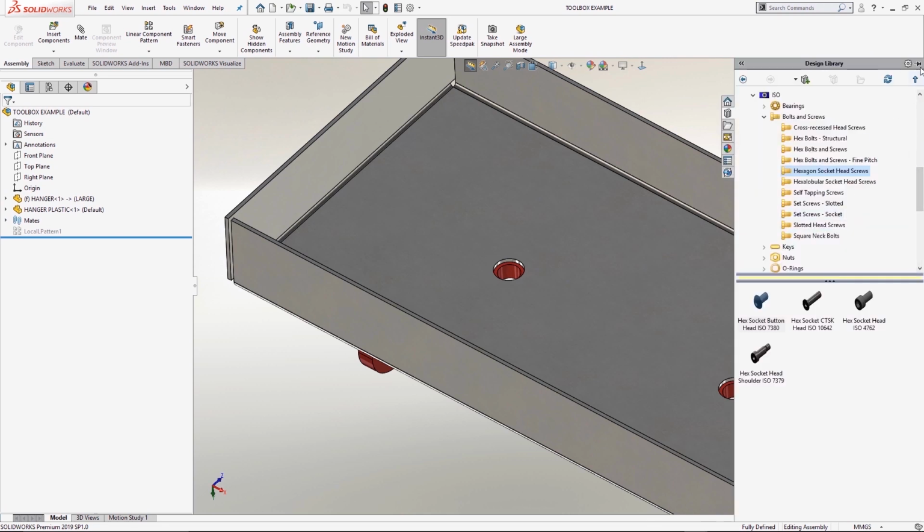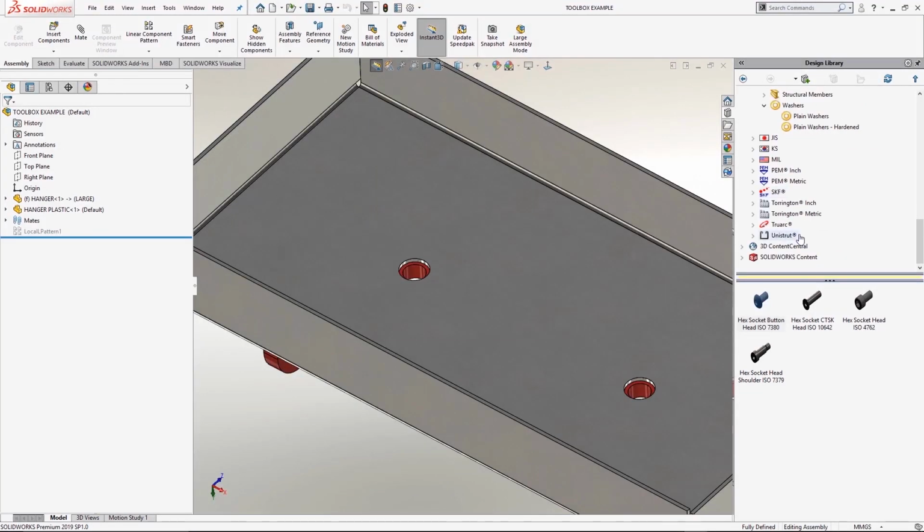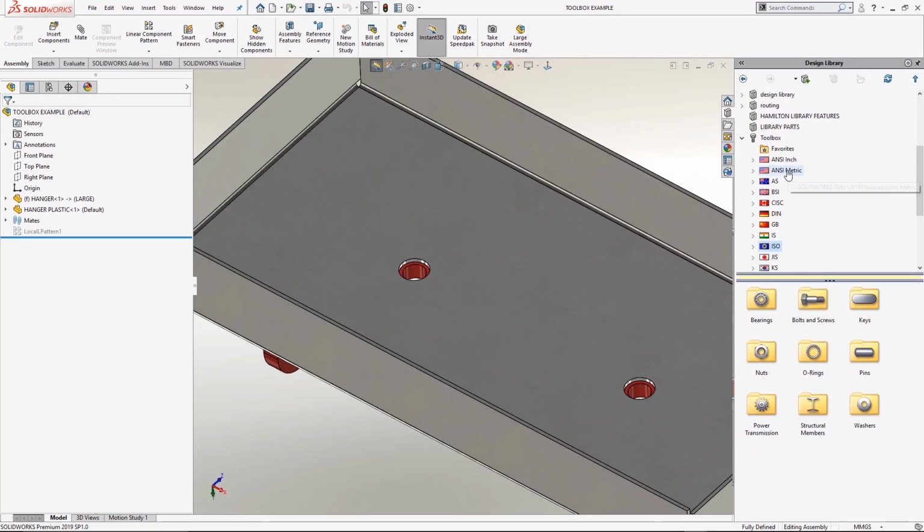It's in there, and at the bottom, let's just pin this open. At the bottom, we've got a toolbox. So this is our SOLIDWORKS toolbox. As you can see, the first thing to realize is that obviously we've got all of these lovely flags. So this is basically asking you, where are you, or where is the product going to be manufactured, I guess, more specifically. I'm going to say that we're in ISO, I guess, for now.